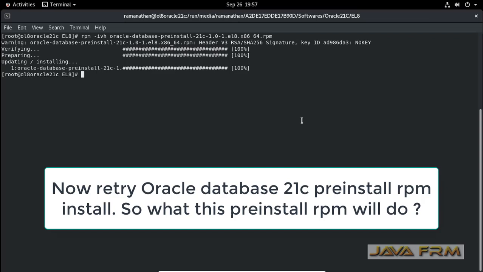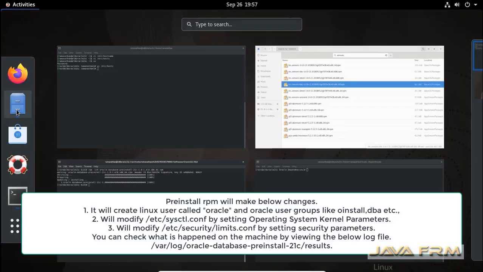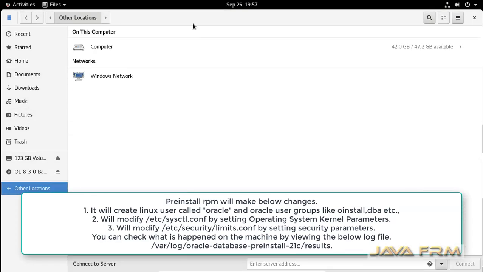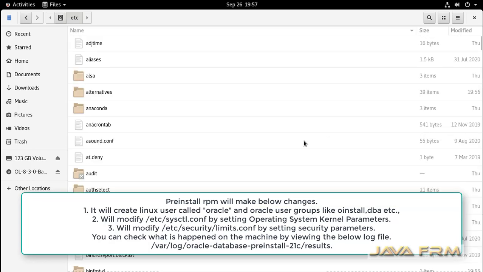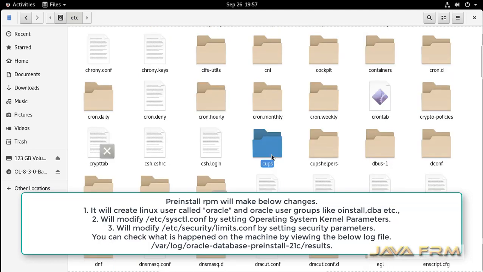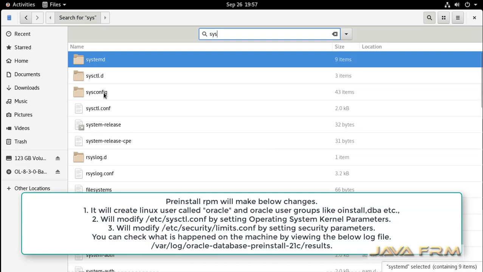This pre-install RPM will modify some of the configuration files, and it will create a Linux user called oracle. After installation, you can manually verify under the /etc directory or the /var/log directory.